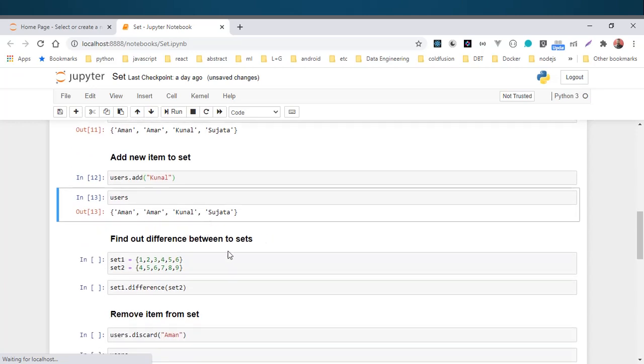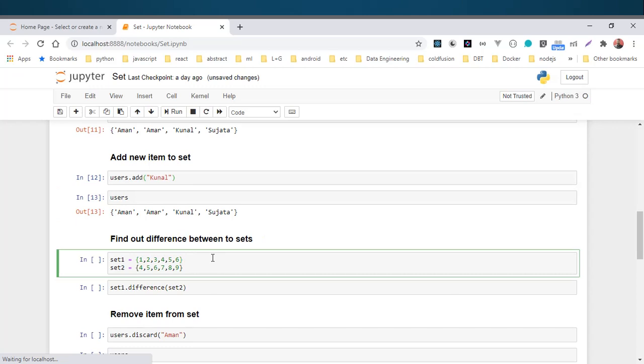Find the difference between two sets. For example, we have 2 sets and we are trying to see the difference between them. Set 1 has 1 2 3 4 5 6 as the values, and set 2 has 4 5 6 7 8 9. We can see that in set 1 and set 2 there are 3 common values, 4 5 and 6, but in set 2, 7 8 9 are values which are not in set 1, and 1 2 3 in set 1 are not in set 2.